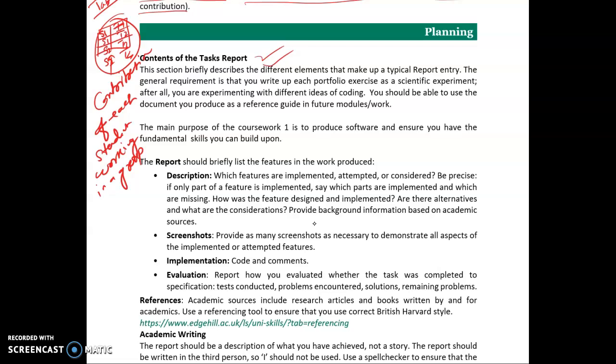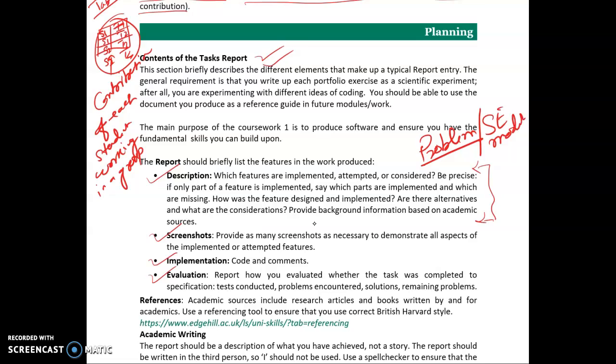So here you can see in coursework 1 you need to cover these 4 things: description, screenshots, implementation and evaluation. So in the description section you need to discuss how you have found the solution for the given problem. How you have used software engineering models.